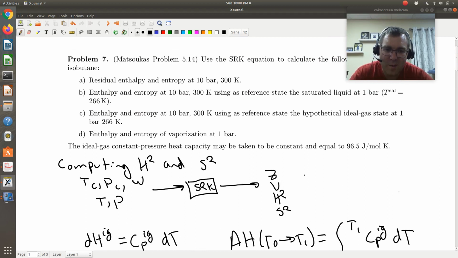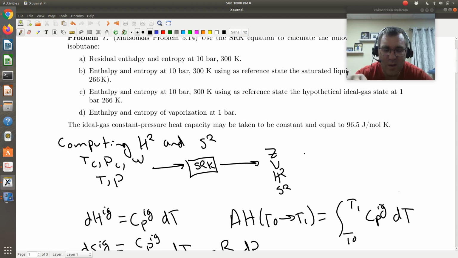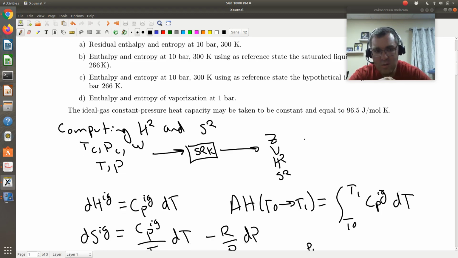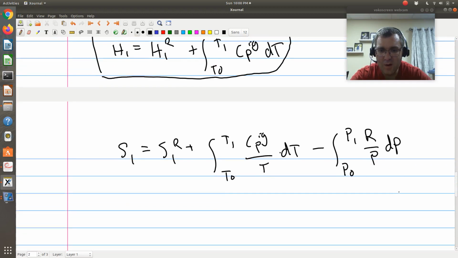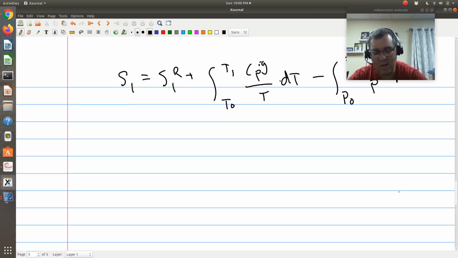Enthalpy and entropy of vaporization at 1 bar. So what's going to be key here is if I have a system at two-phase coexistence, those two phases are going to be at the same temperature and pressure. We haven't talked about chemical potential or molar Gibbs free energy, so just remember they're going to be the same temperature and pressure. Okay. So what do we need? So if you go down to D then,